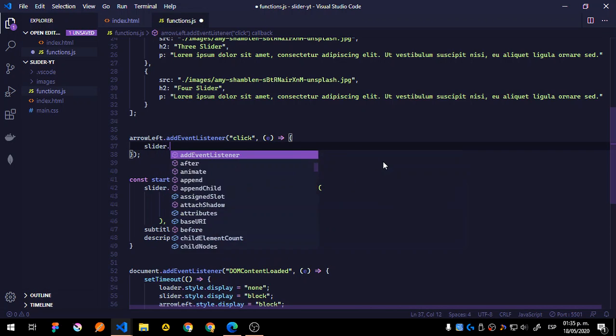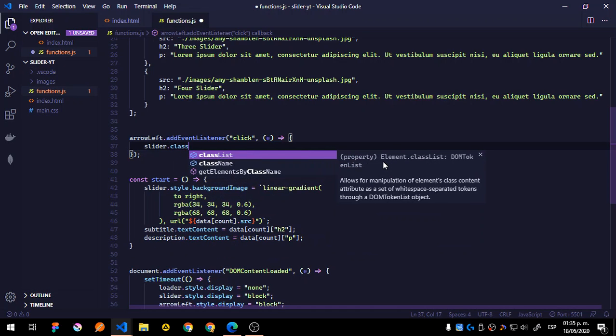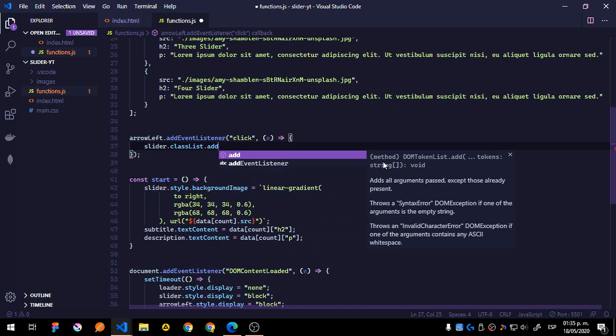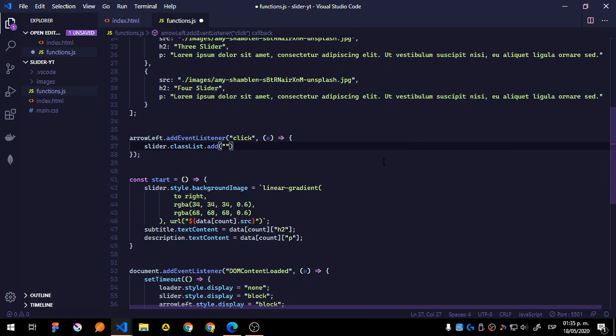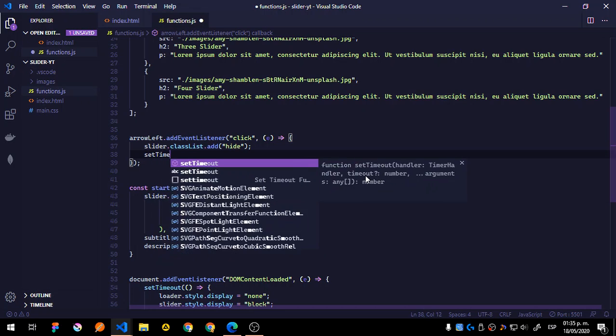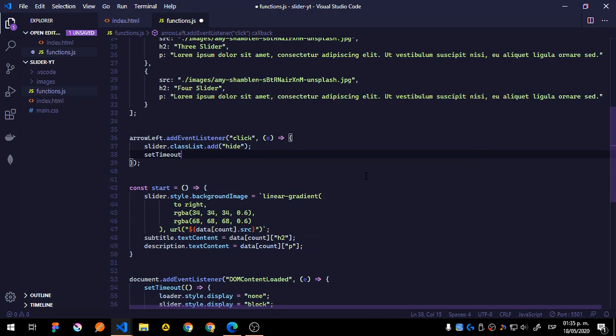So slider dot classList, this is going to allow us to get the class or the classes and to work with those, so we can add a new class which is going to be height for this slider. Okay, so we're going to work for the slider. Now we're going to set the timeout and do something